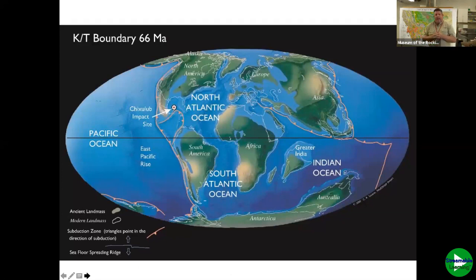So now we're going to go back in time. We're going to get our time machine and we're going to shoot out into space. We're going to go back 66 million years, and I'm going to zone in on the end of the Cretaceous because that's what a lot of the stuff in this lab that we're working on right now is from, the late Cretaceous. So if you were in your time machine, your TARDIS, flying around the Earth, and you look